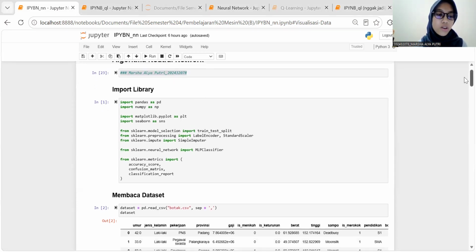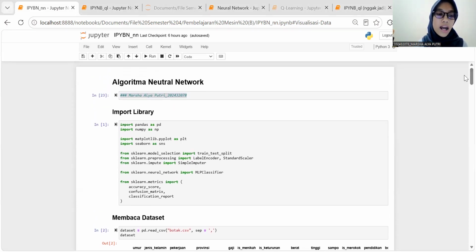First, we import all the libraries needed for this project. Here, we use Pandas to manage the dataset, NumPy for numerical operations, and Matplotlib together with Seaborn to visualize the data.